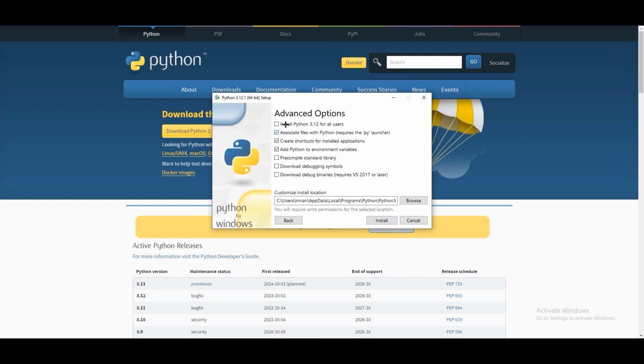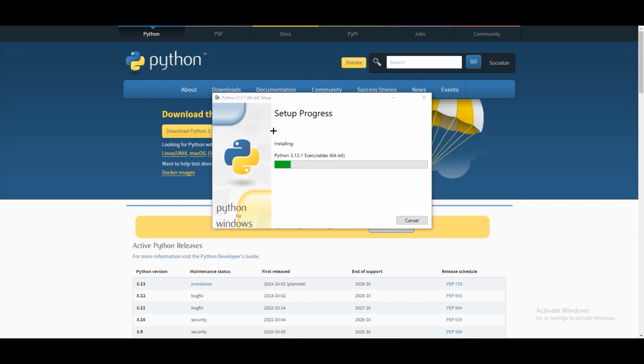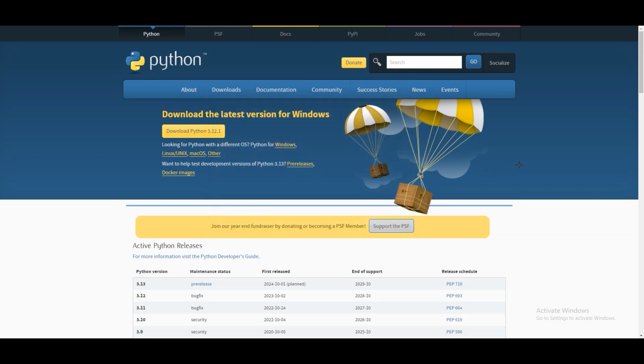Click on next. We have install Python 3.12 for all users. Just click on this one, and after that install. It might ask you for your permission, and after that it starts installing. So once you install this, just click on close, and after that click on the start button on your keyboard and